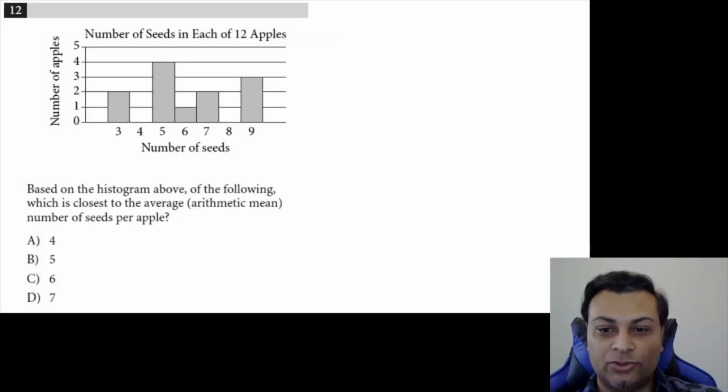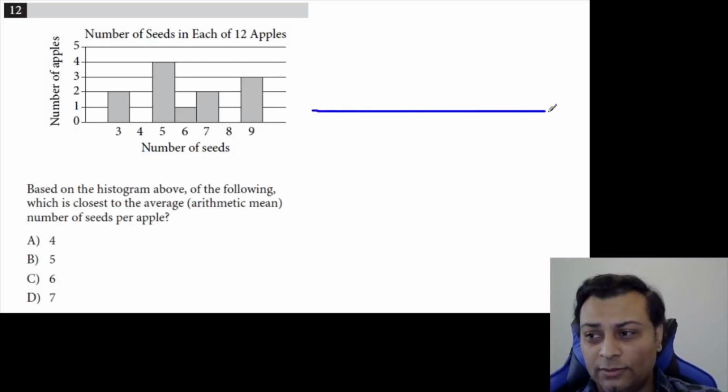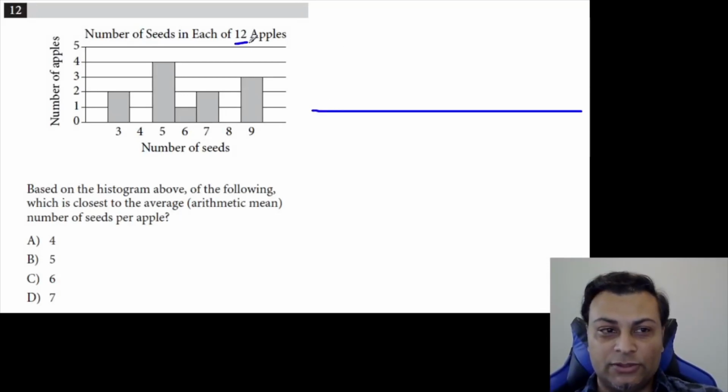Moving on to number 12. Based on the histogram above of the following, which is closest to the average number of seeds per apple? So what we want to do is find the average, and rather than estimating it from the picture or anything, let's calculate the average. So there are 12 apples, so we're going to divide by 12 at the end. Okay. And how do we calculate the number of seeds? So this part,